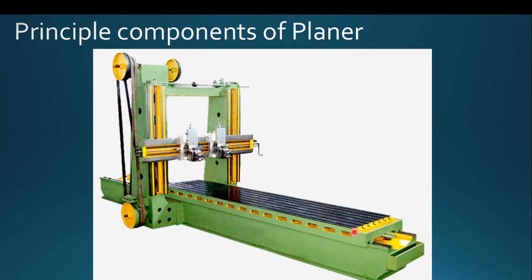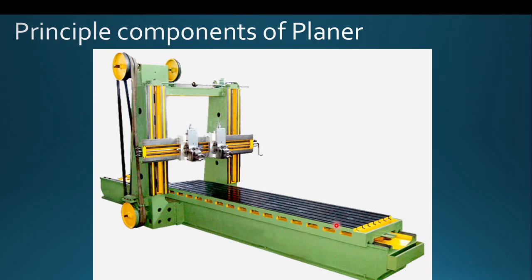Like in the shaper machine also, here out of the two strokes, cutting stroke and idle stroke, material removal happens only in the cutting stroke. The idle stroke, as the name implies, is a non-productive stroke. So we need not move the table at very slow speed during the return stroke. We can move the table very fast in order to save the overall machining time. So this is the requirement in the case of the planer machine movements. In order to achieve this, we can go for the quick return mechanism for the table driving.